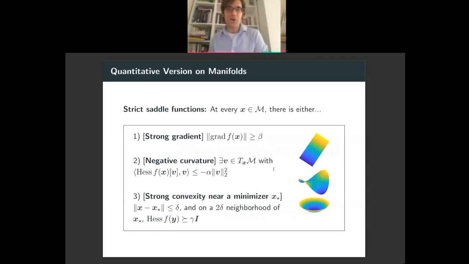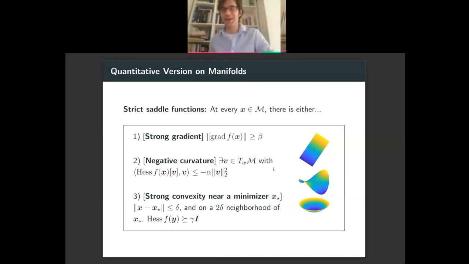Okay, and so we're going to just abstract away these properties a little bit. We're going to say that from the perspective of an optimization method, we're happy with an objective function if at every point that's not close to a global minimizer, one of these two things is happening, right? Either there's a direction of descent, there's strong gradient, or there's a direction of strict negative curvature. And I've put it on the slide in a little bit more formal manner. If you put parameters on all of this, then you can use those parameters to analyze the convergence of methods and get bounds on the number of iterations to well approximate a minimizer, and so on and so forth.